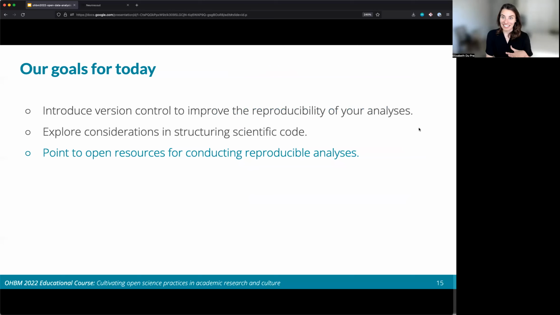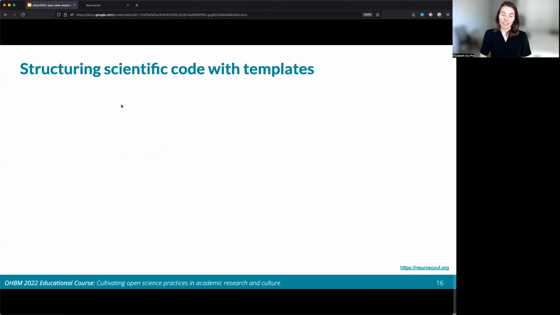All right, finally, I just want to point to some open resources for conducting reproducible analyses. And the goal is not to suggest that you need to immediately leap on board with these, but I hope that they help to structure where you're going and maybe provide some sort of aspirational steps moving forward. So first, I find that the most concrete suggestion is to think about